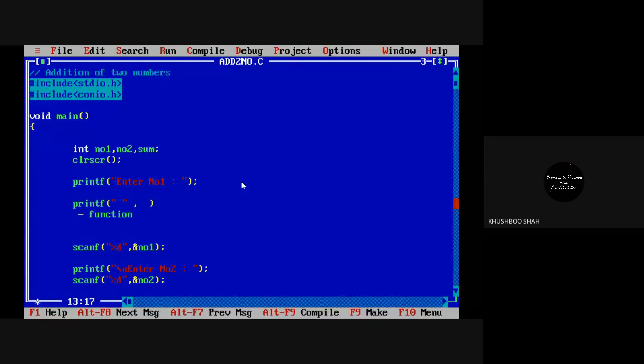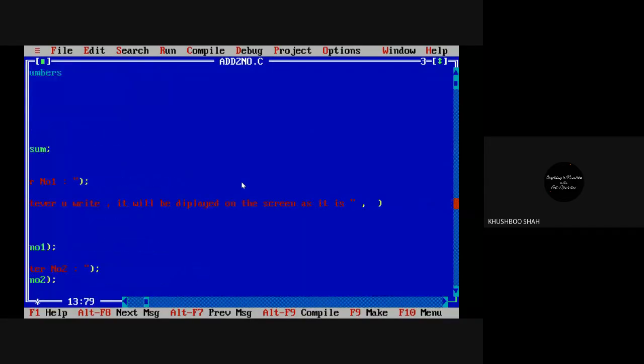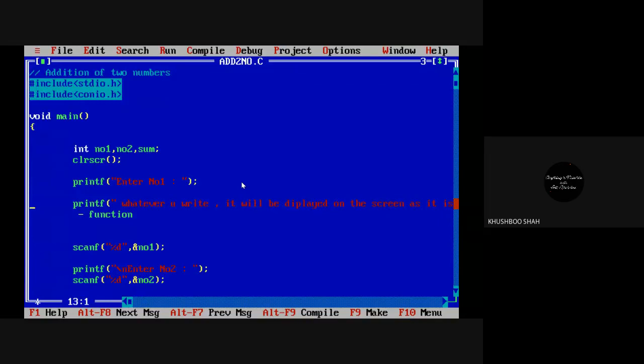Here, in the double quotes, whatever you write will be displayed on the screen as it is. Whatever you write inside the double quotes, the system will print the statement as it is.